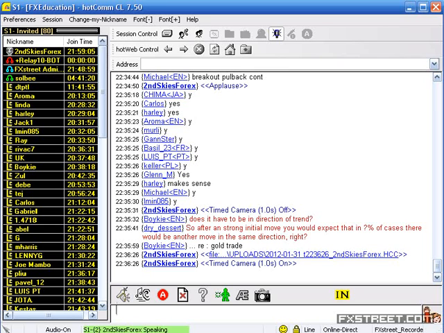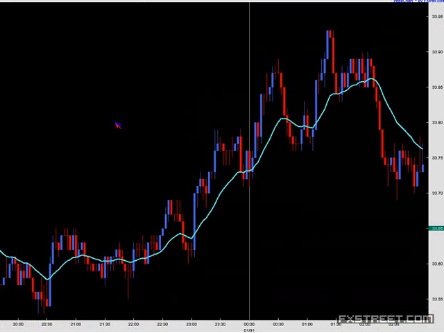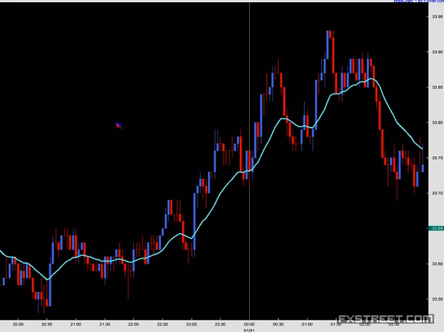This goes back to the very first 4 classes I taught were on impulsive versus corrective moves. So what is the pattern for impulsive versus corrective moves? The pattern is an impulsive move, 75% of the time, is followed by a corrective move, which about 70+% of the time is going to be followed by what? Another impulsive move in the same direction as the original impulsive move. And that keeps playing itself out till when?